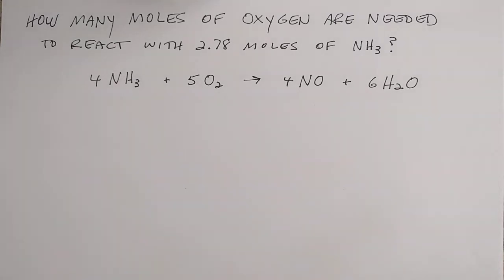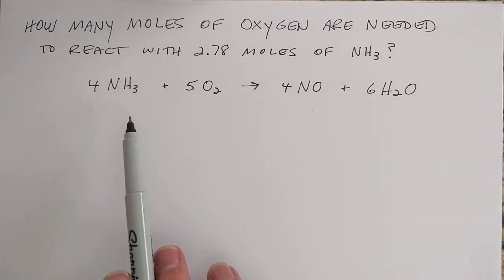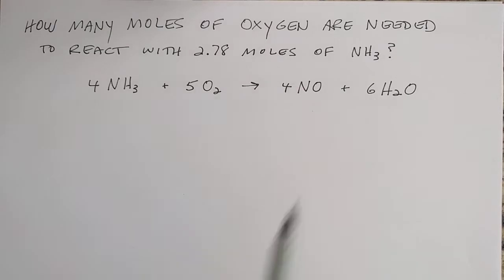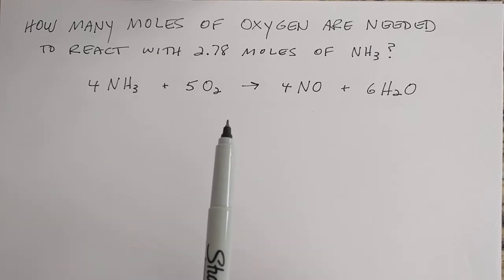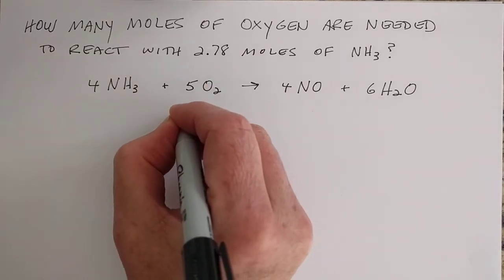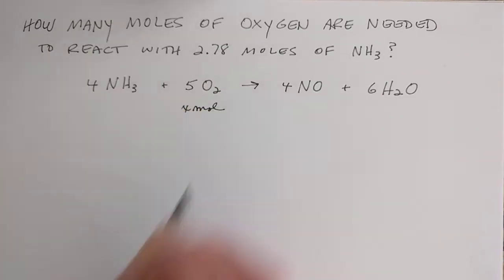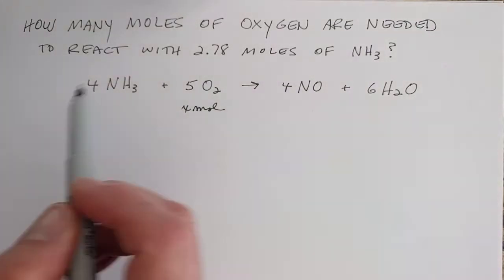So our question, how many moles of oxygen are needed to react with 2.78 moles of NH3? And remember, we always start out with our balanced chemical equation. So I've rewritten that. Then we go back to the problem, and I like to put my information underneath the substance in the balanced chemical equation so I can really see what two substances are being compared. All right, so how many moles of oxygen? So that's our X moles under the O2 are needed to react with 2.78 moles of NH3. All right, so that's right here,